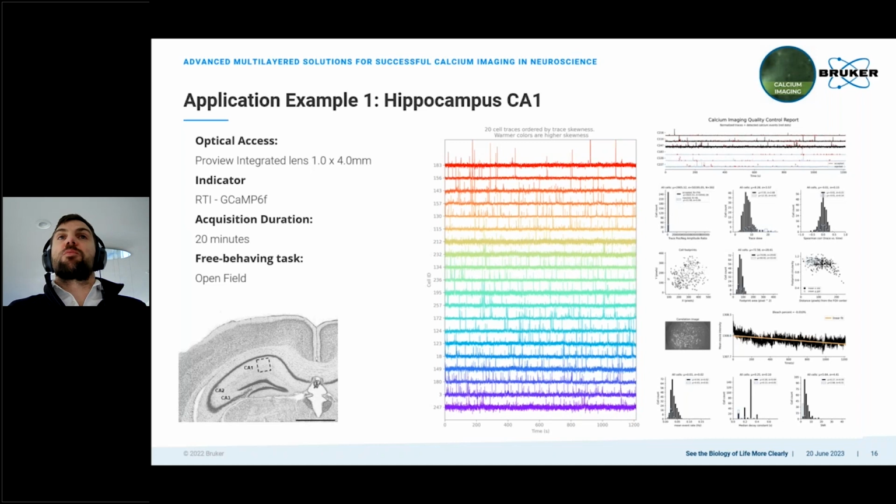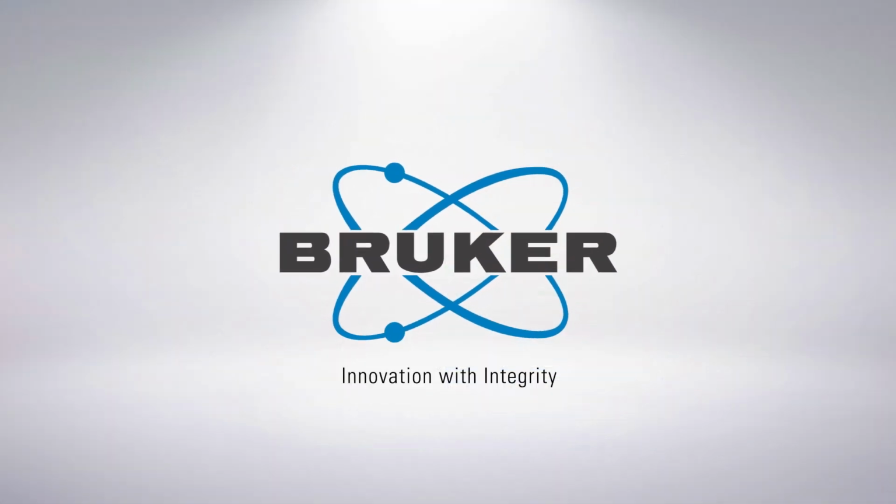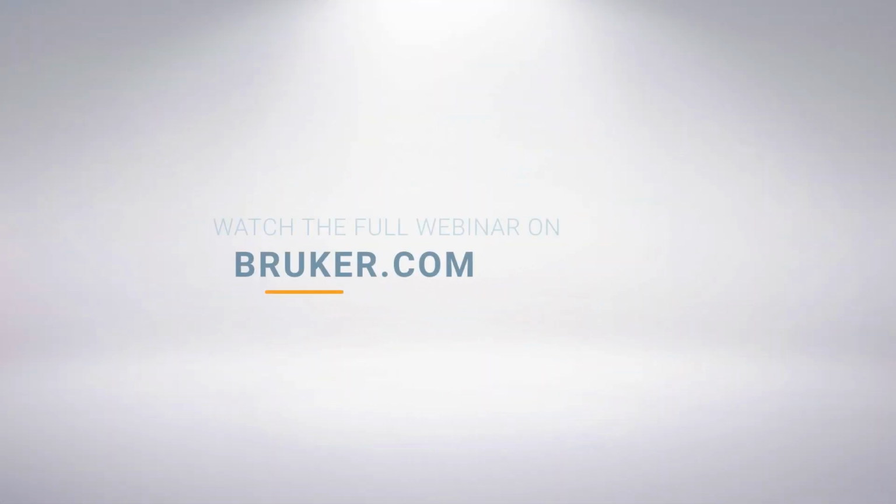The same cloud platform also allows you to visualize all of the cell traces, as well as perform some quality control of this experiment. So you'll have your cell trace, you'll have the location of the cell footprint, the off-axis, and their position in the field of view to make sure that those of high expression and correct signal are within the center of the field of view. You also have measurements of the bleach rate, so you can really control that each experiment that you analyze for the